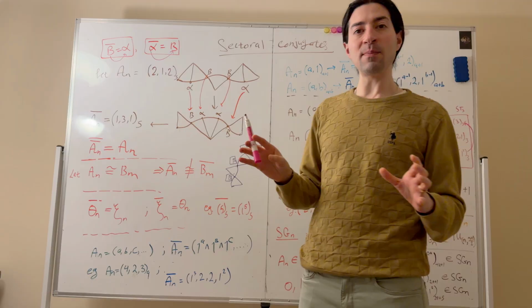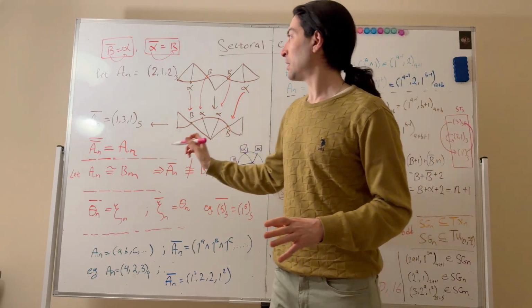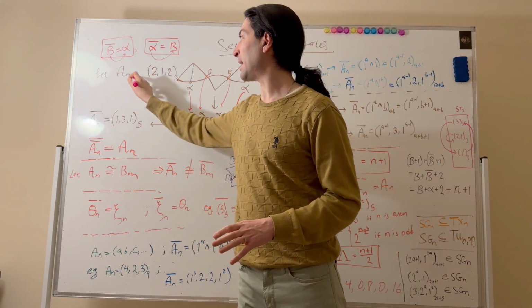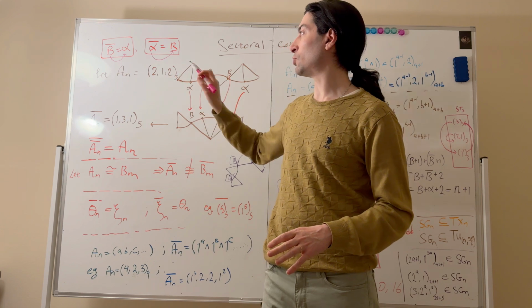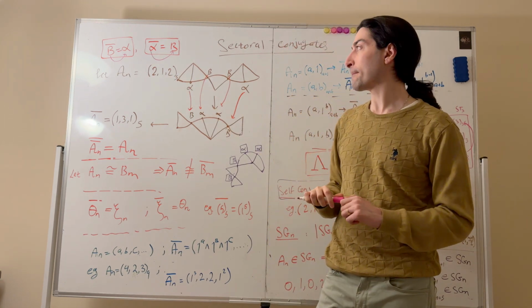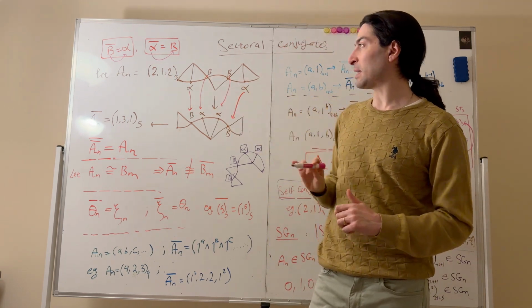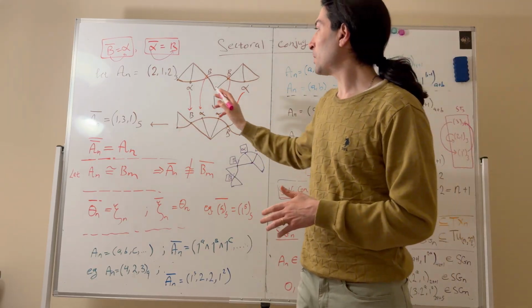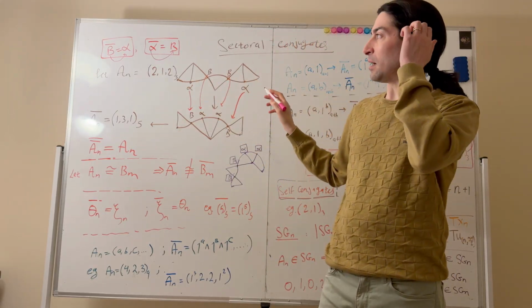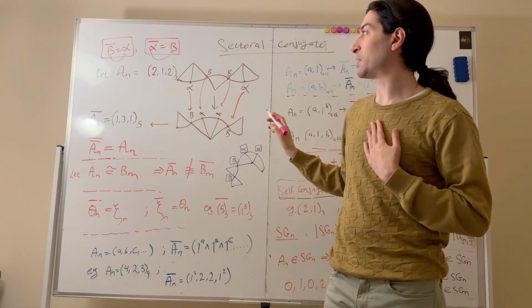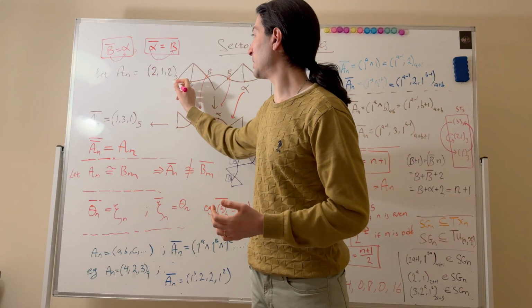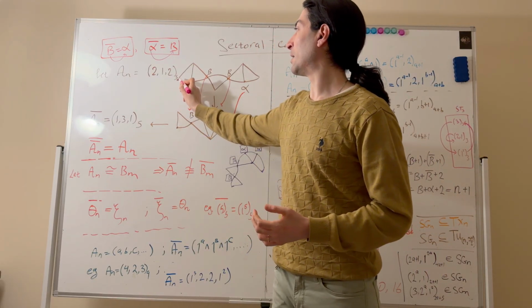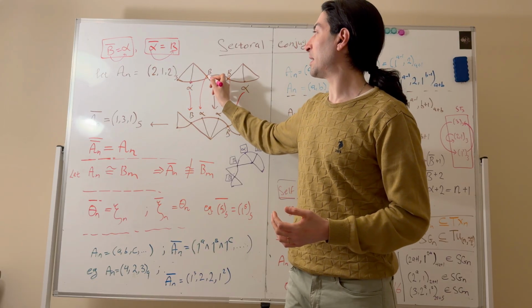Now, when we talk about a sectoral structure, let's look at this example. AN equals 212 subscript 5. And this is what it looks like when we draw it out geometrically. Now, we will identify the joints of this sectoral structure. We start with the delta joint here. We have an alpha, a beta,